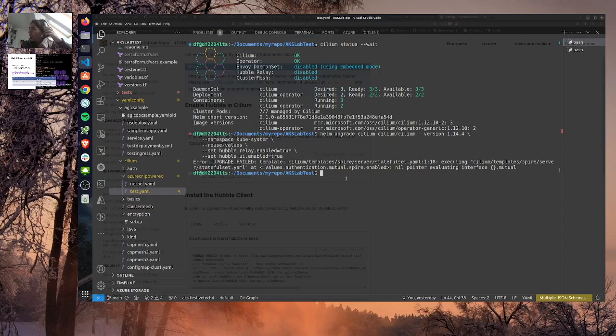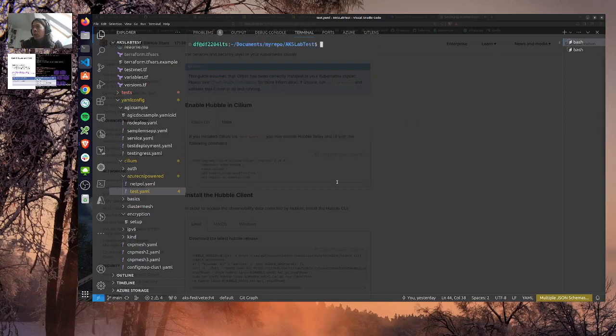Upgrade fail. Cilium template, so it doesn't seem to be working, which is to be expected. We do have a deployment, but we don't seem to have the end on it. Anyway, we wouldn't get support on it if we change it, so that's maybe for the best. So let's switch cluster. Okay, config get context.